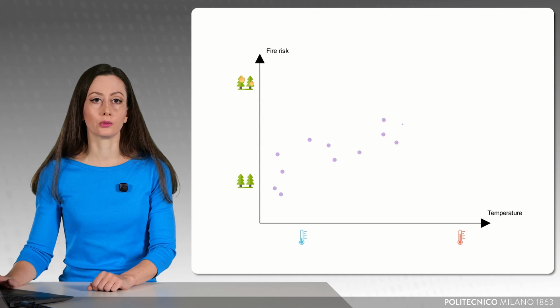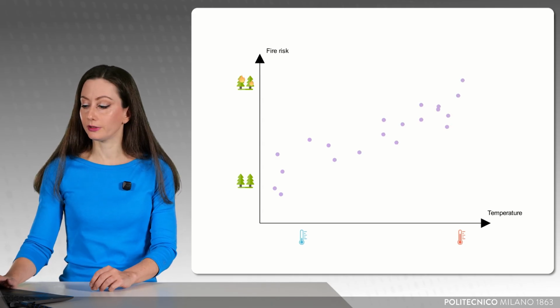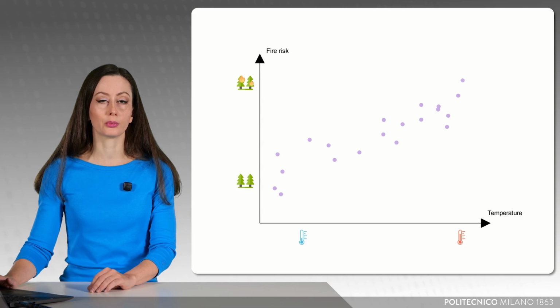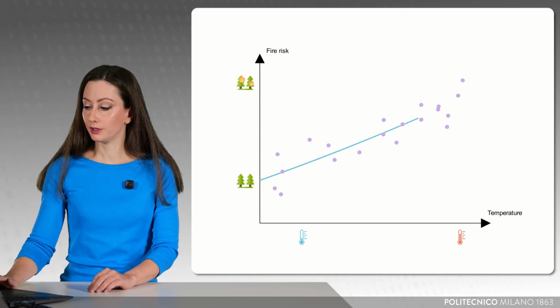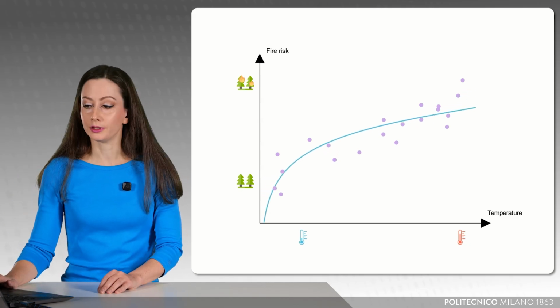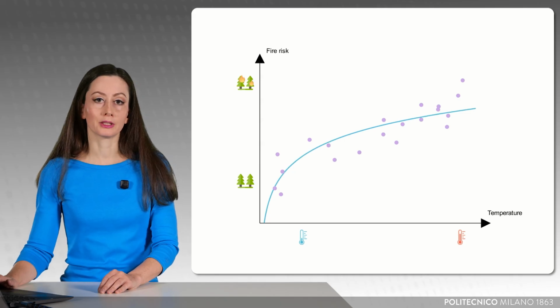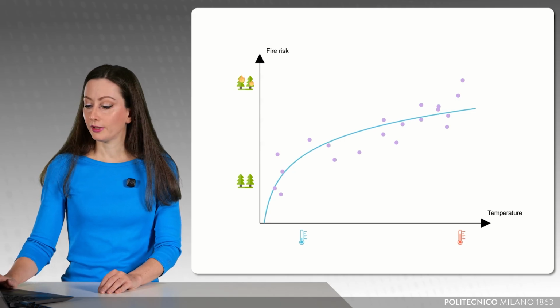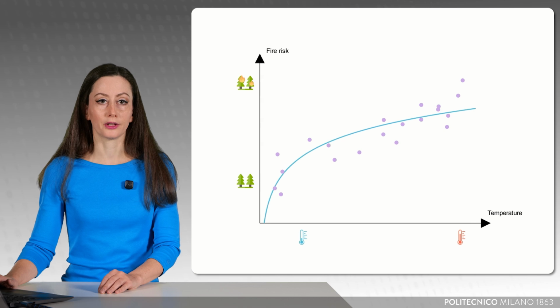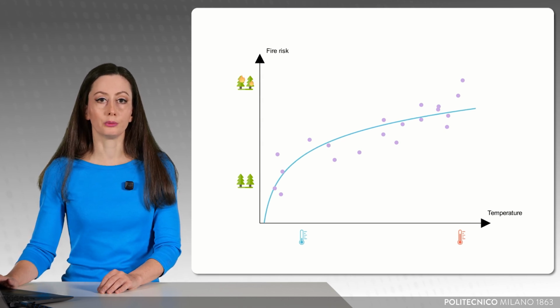To answer this question quantitatively, we use real-world data that captures key environmental factors such as daily temperature and humidity and wildfire occurrence. The policymaker might ask, is there a consistent relationship between environmental variables and fire risk? This can be seen from a mathematical point of view. Find a model that predicts the risk of fire based on temperature or humidity. This curve will be our model.